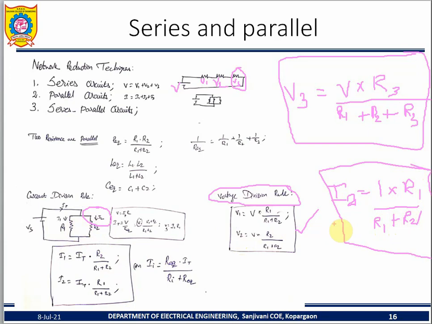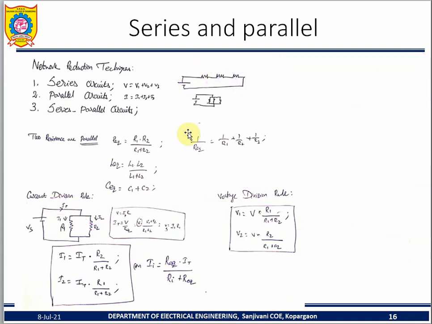So this is used to quickly find out, for example, the flow of current. The I value is given. Then substitute the R1, R2 values to find the flow of current in I2. So this is series connection and parallel connection. With the help of this method, you will simplify the circuit.